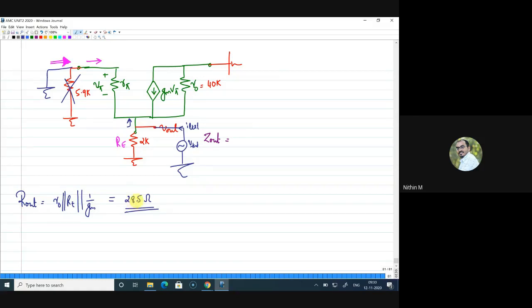You can check, it is 28.5 or somewhere a very low value you will get. So if you guys are getting this as the answer, please let me know. 28.5 or a very close answer.